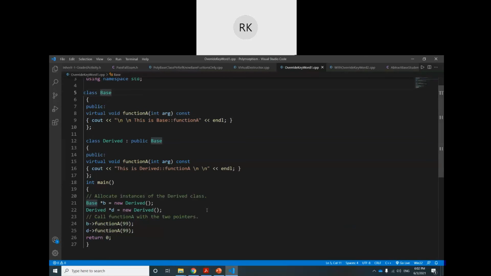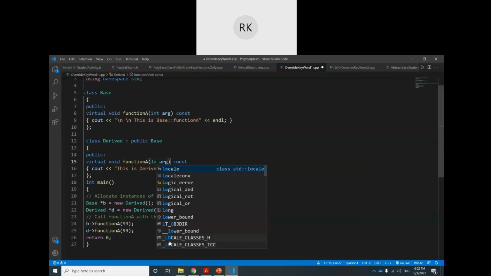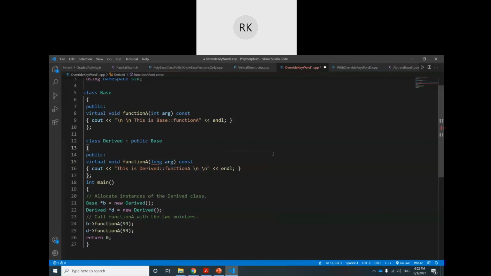The process changed from overloading to overriding. Same function name, same type of argument means overriding. Same function name, different arguments: if I change this one to long, then it will become overloading. So this was the issue.